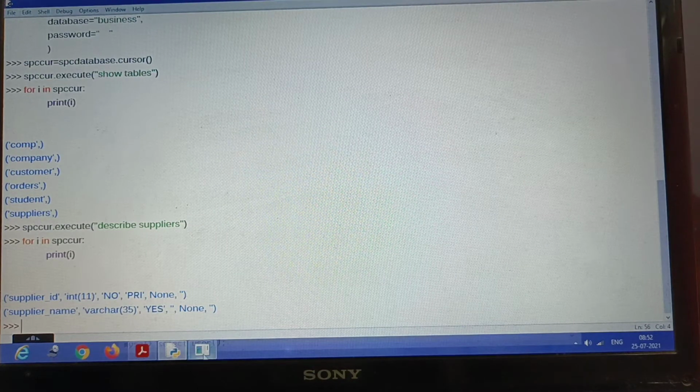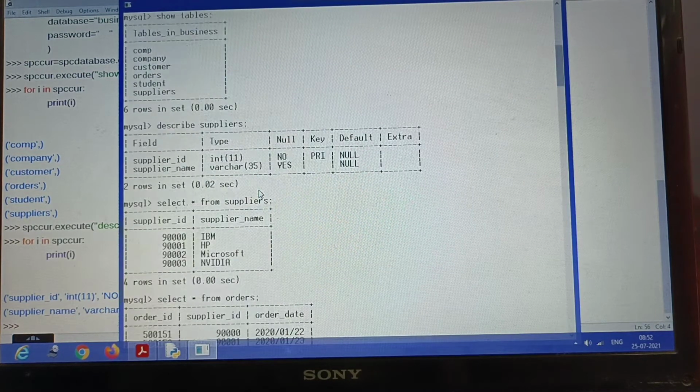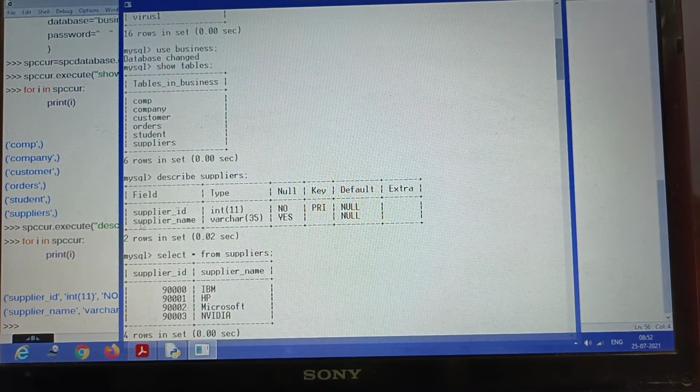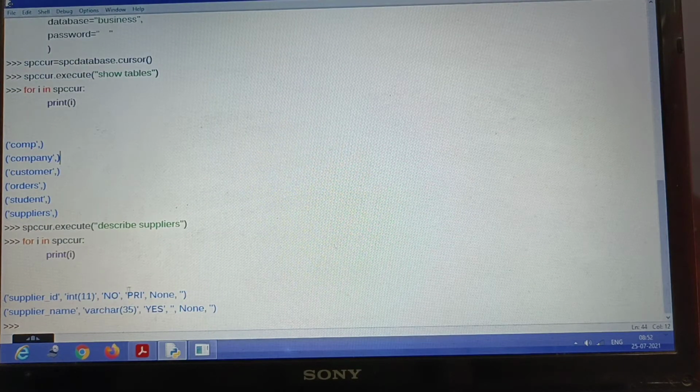It is telling int, and null key is no, and primary, and default is none. In MySQL we have a standard NULL, and here it is None in Python. That is the only difference in the structure command.